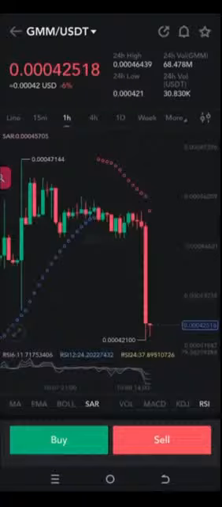What do you suggest I do here? Because this is really terrible. When it started going down, I thought of maybe cashing out, because this is an inter-exchange arbitrage, right? The price was 0.00046 something. Now it's 425. That's really, really bad. Anyways, we're still here. Maybe we'll just have to wait and see how this goes because this is really dumping. And if we try to sell it at this point, we're going to lose a lot of money, probably up to about $3. So the best thing is